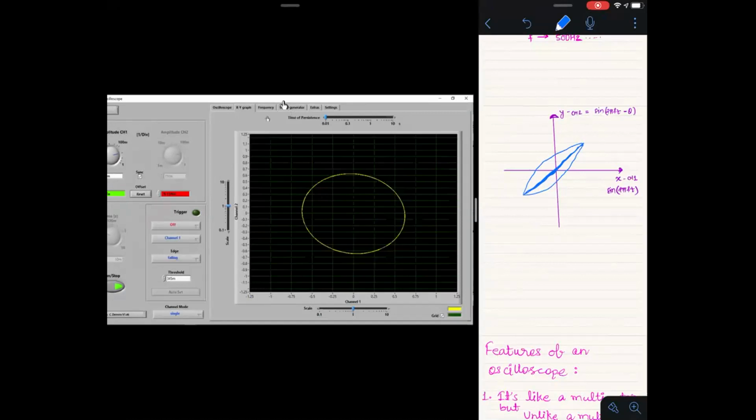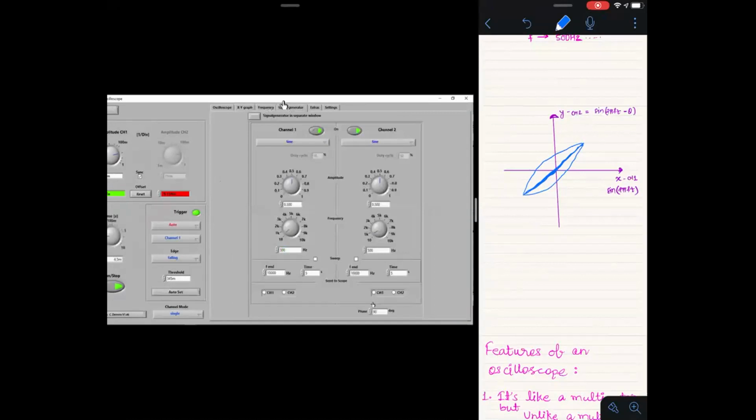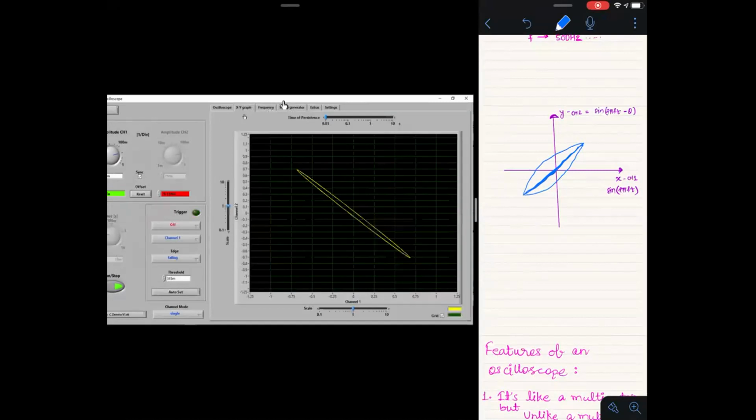Just put this phase shift to 180 degrees. When you put this at 180 degrees in the XY plot, you see this kind of thing. Initially we were seeing this kind of thing, now we are seeing this kind of thing.